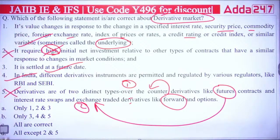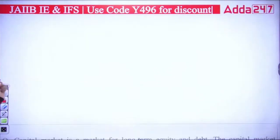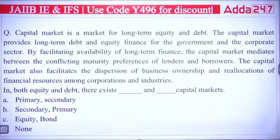All the others are true. So you can answer all except second and fifth. All are true except second and fifth. So the right answer will be D. Right answer will be D. Clear? Next question. Next we have here